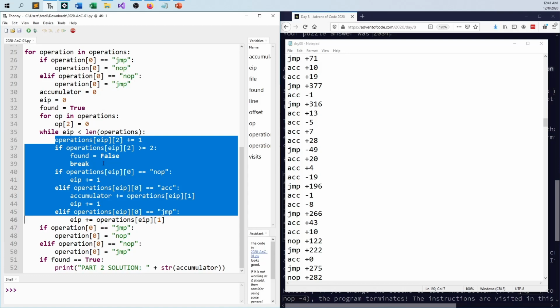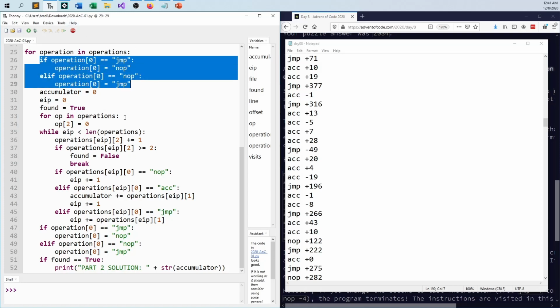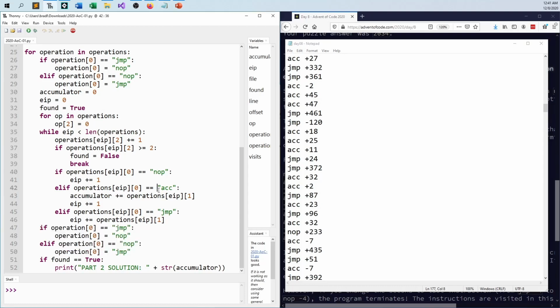The operations, again, this time around I just added a Boolean for whether I found a solution or not, and I just presume it's true until I find the counter example. And then just to make sure everything's back on the up and up, I repeat this code here so that the jump that became a no-op goes back to being a jump, so everything's put back to how it was, so that every line of code is where it's supposed to be, especially if I'm going to do this looping.